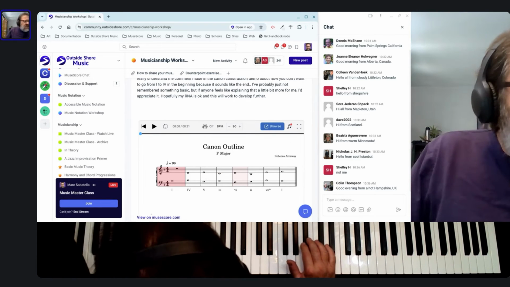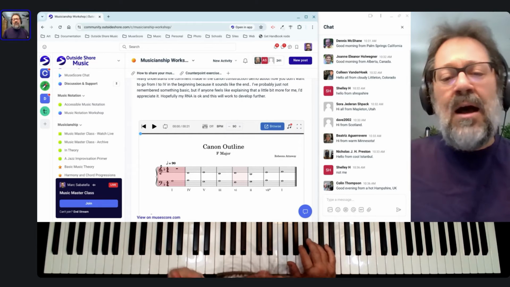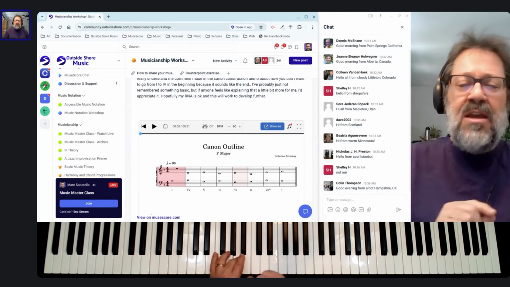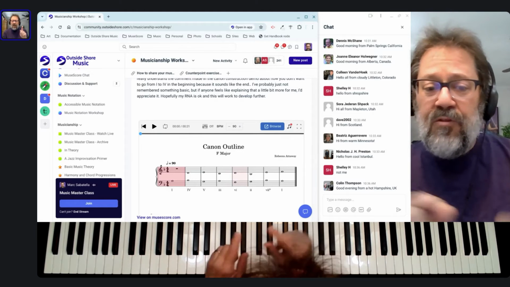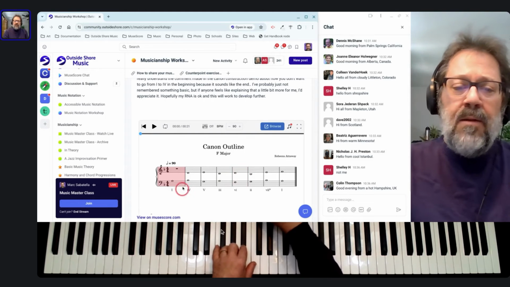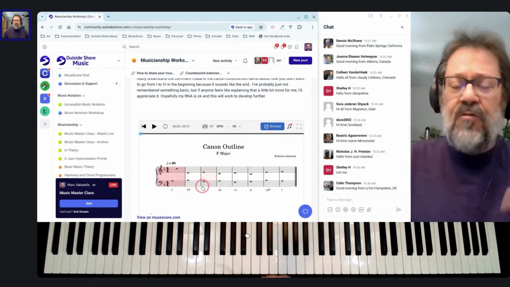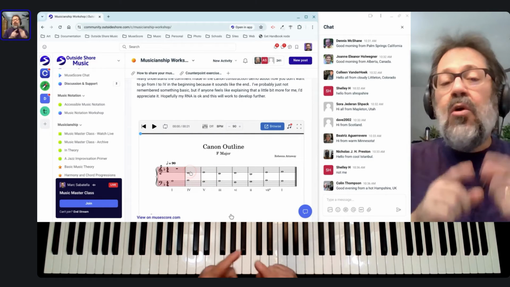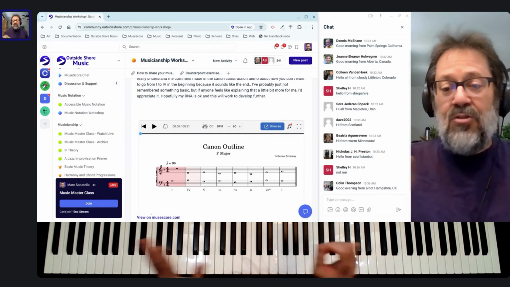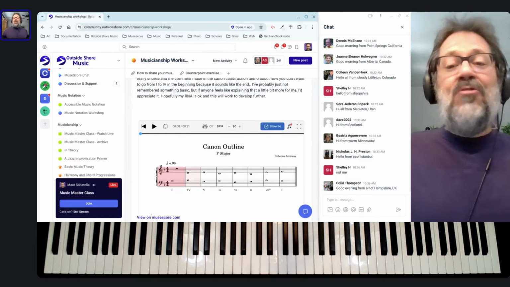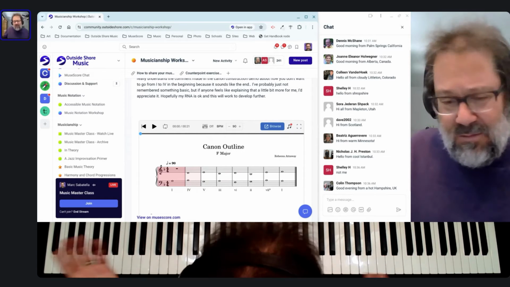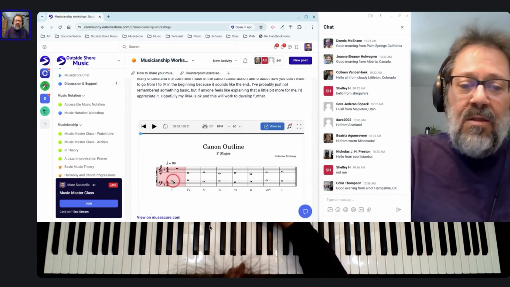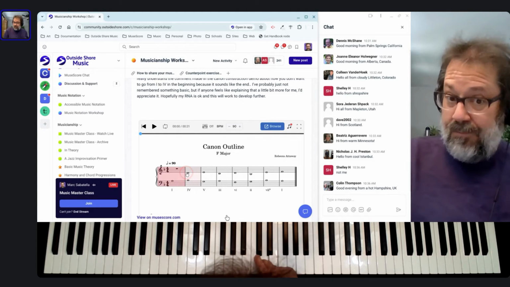And the observation that I made, that's a really key observation, is that if your leader always either goes up a step from measure to measure or down a third from measure to measure, then when your imitation is at the fourth, you're going to get thirds and sixths between the voices. This is one of these magic things that just sort of works out, because we know the follower is going to have a D